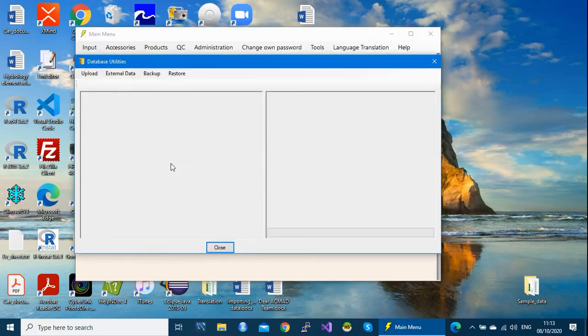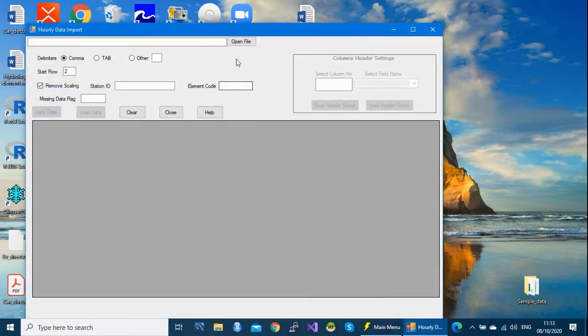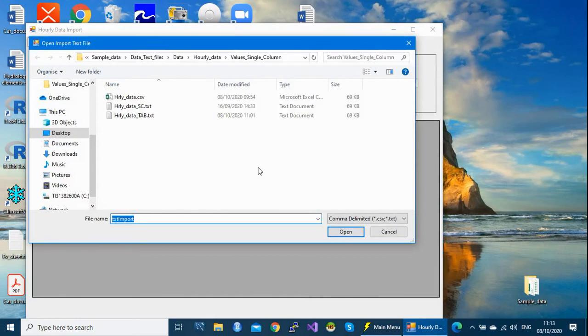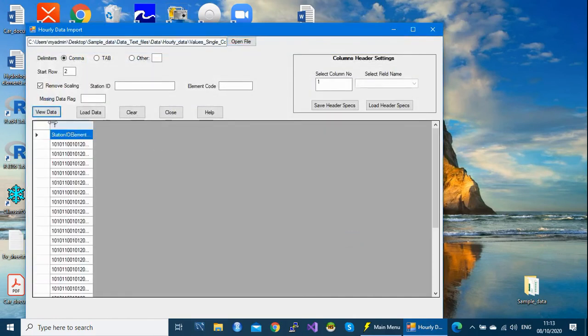We want to do the import. So external data, hourly data, we open a new file. We view our data. It is not delimited by this, but is a tab, remember.